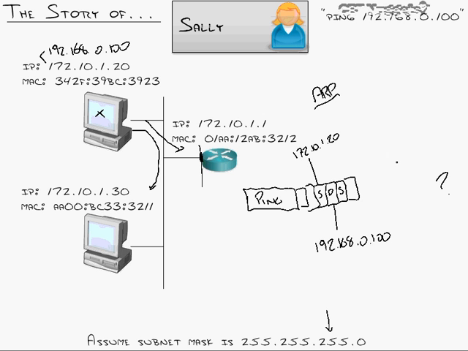The source MAC address is going to be the MAC address of Sally's PC, 342F39BC 3923. The destination MAC address will be the MAC address of the router. See, here's the picture. As soon as this PC realizes that Sally is not destined for the local network, it's